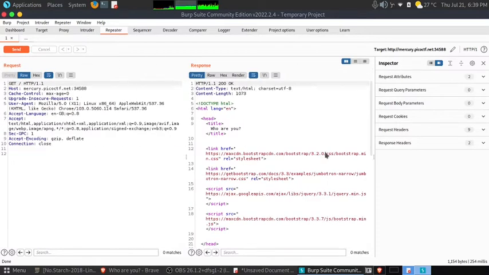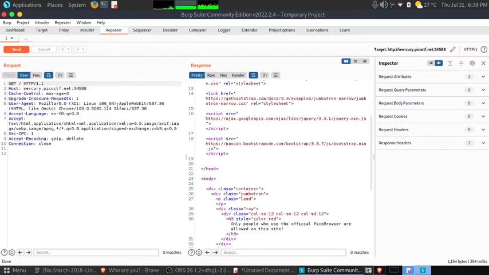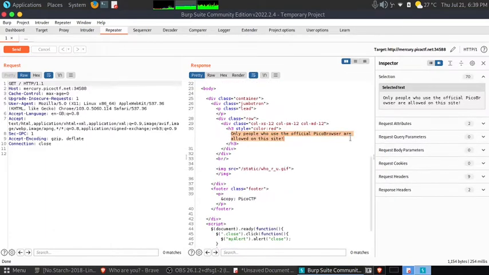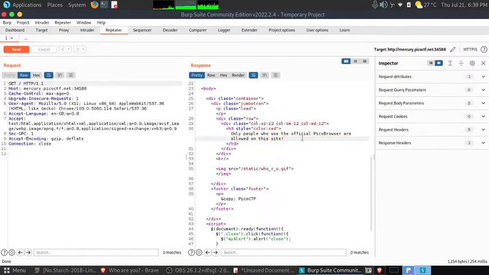When I send the request with the same data, it says only people who use the official Pico browser are allowed on this site. So the only thing I have to do is change this particular